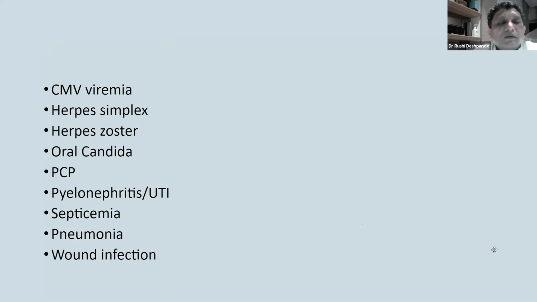The other things which are important are CMV, herpes simplex, candidiasis, and PCP infections. Even lung injury can be seen with sirolimus per se. Urinary tract infections are common. Wound healing was one of the big problems when we started using this drug, because initially when you used this drug, the wounds would just not heal. The incidence of lymphoceles was high, and the incidence of delayed wound healing and secondary suturing required was very significant.